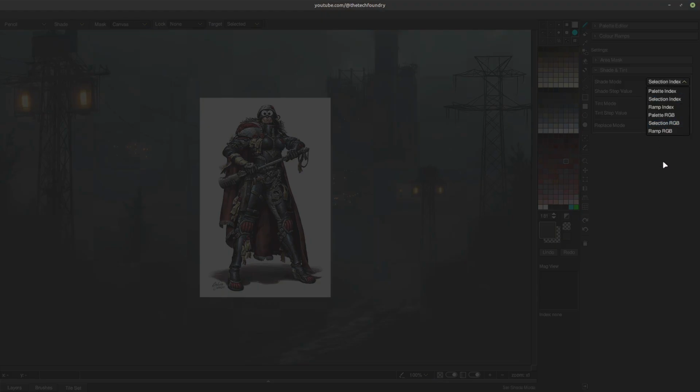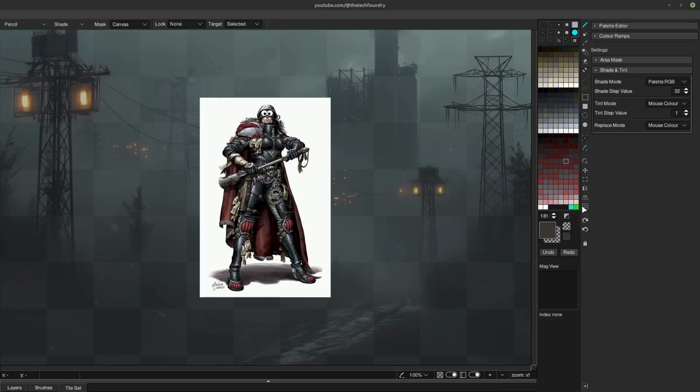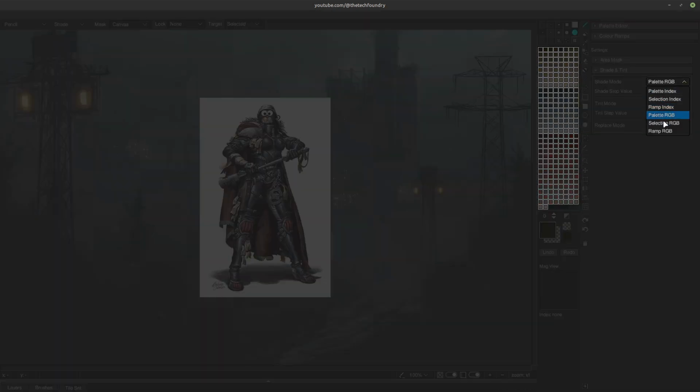go to RGB mode. So what this does is it will find the nearest colour in the palette and change the index to that one. So we'll search the entire palette and find the closest one when you shade. So if we go to this full selection here and do selection RGB,